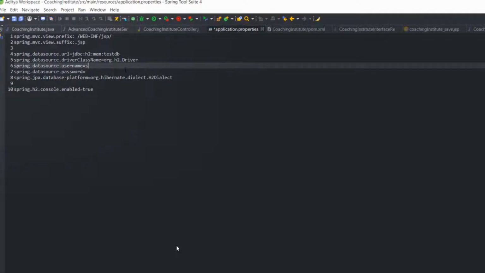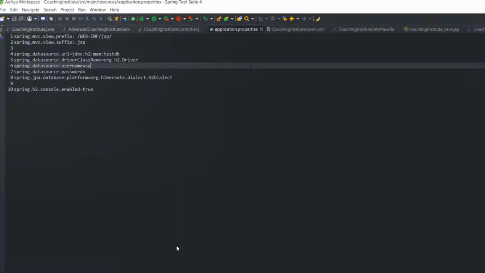Okay, here I have given h2 as username, but by default SA is there. See, you need to understand one thing. I kept the database name as test sample and username as h2, but you can't do that. By default you have to keep test db, username should be SA, and password will be blank. But if you want to give your own custom values, that you can also do. You can save the data in a file, and through that you can change the database name, username and password also. It's not a very difficult thing, it's very easy.